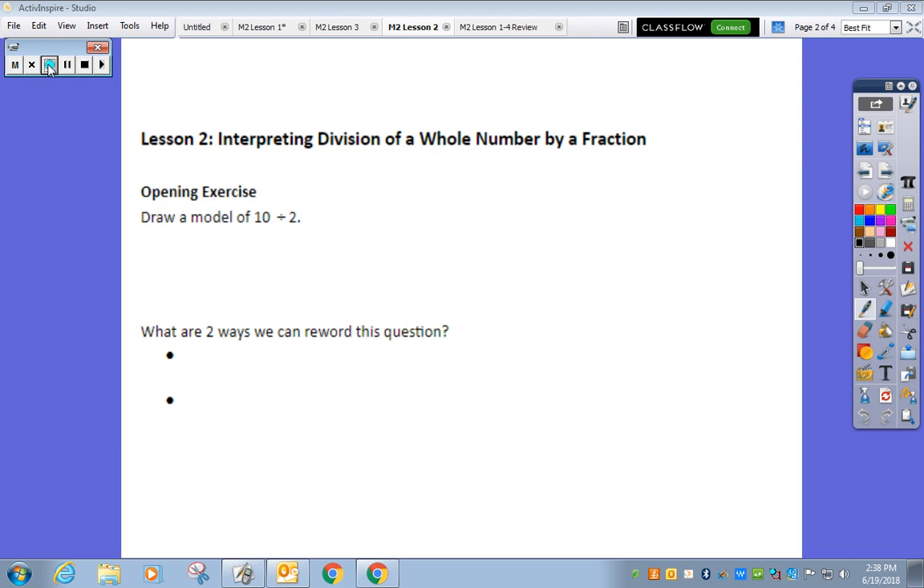Now these are whole numbers, so we're going to go back to when we very first started learning about division many years ago. So there are two ways we can actually draw a model of this, and that's going to go along with the two ways that we can reword this question. So you may remember when you first started learning about division that you started with counters. So if you were going to do 10 divided by 2, one way you could do that is to take the 10 counters